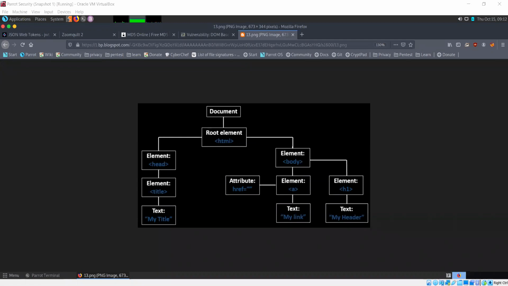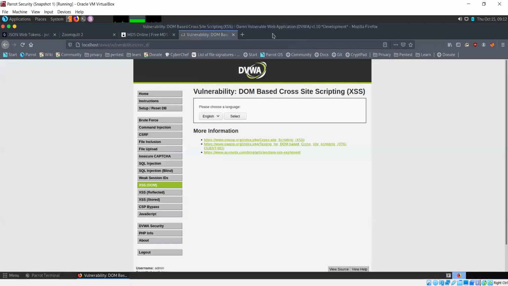Okay, let's check it out in the browser, in DVWA. First let's see the normal functionality for what is happening. It's telling us to select a language, and there is a list. We have 4 languages. If we select German, what happens? Select.